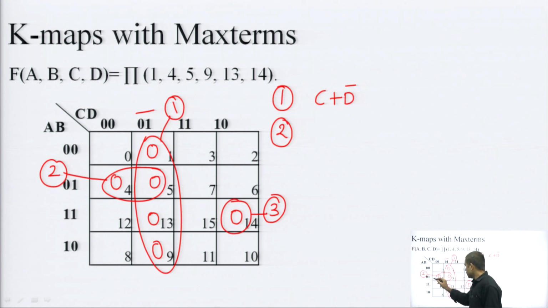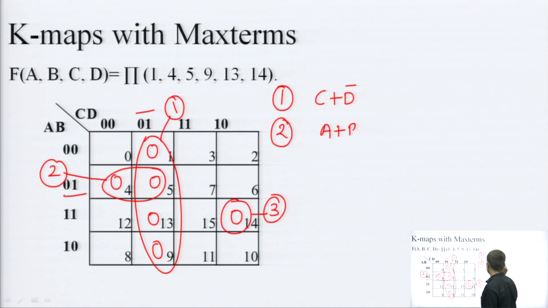Okay. For this second one I can see that there is 0 1 common for these two zeros. So, 0 1 can be written as A plus B bar, and from these two columns I can see that this 0 is common, this 0 corresponds to C. So, this I have written. Similarly, for this third one, this is a single entry.